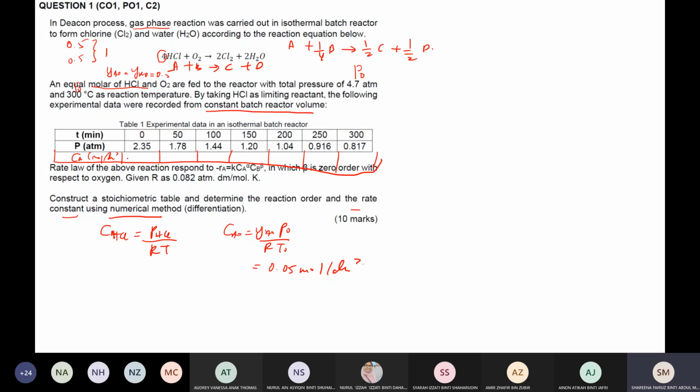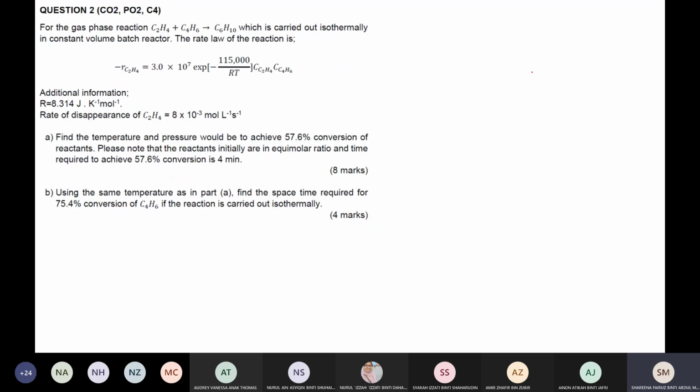Okay, so daripada sini you akan dapat this is 0.05. This one is 0.00379. Lepas tu 0.0306, 0.0255, 0.0221, and so on. This one is 0.0171, and this one is 0.0195. Okay, so you kena construct lah what is the